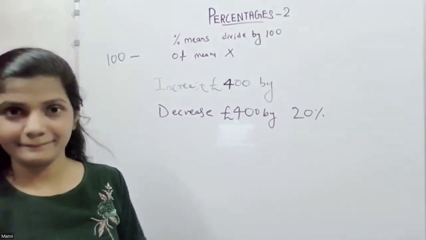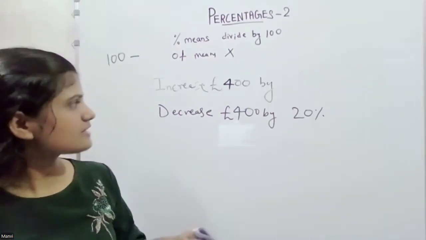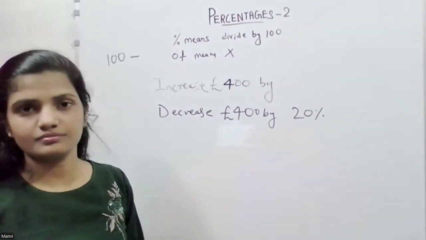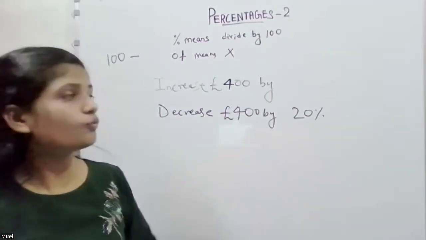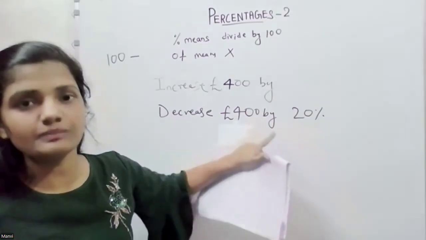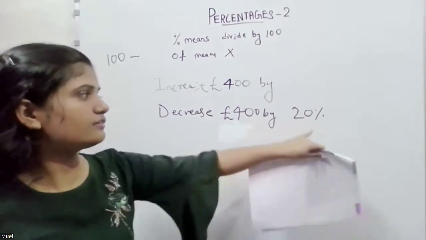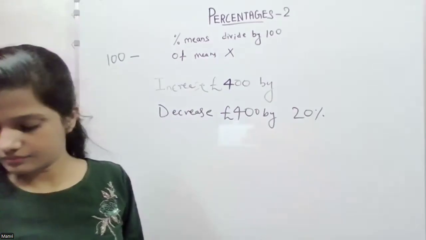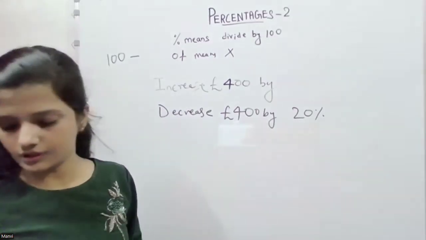Yeah, I got 320 for the second way as well. Okay. And what is the answer for 20% of 400? 320 pounds. No. First, you need to find out the 20% of 400, right? Then you need to subtract those. So what you got when you find 20% of 400? I got 80, and then I did 400 take away 80, which gave me 320. Good.